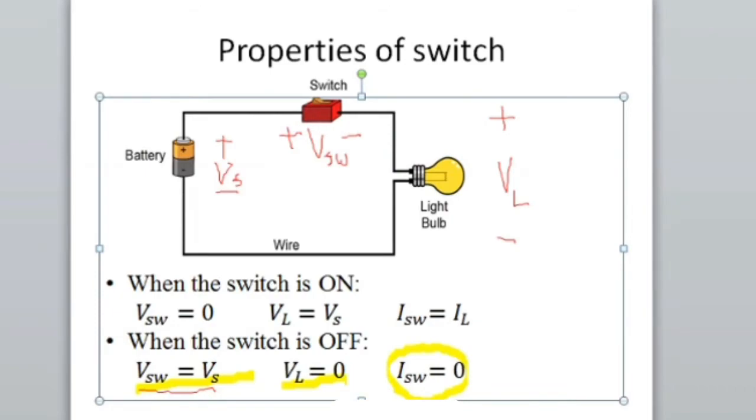But the example you have taken is a mechanical switch. It is not a power electronic switch. What is the switch you have taken? A mechanical switch, used for controlling the fan or the bulb. But in power electronics, instead of this mechanical switch, we'll go with power electronic switches. In electronics, you learned about the diode. Diode is one switch. BJT is one switch. MOSFET is one switch. Now we can use this BJT as a